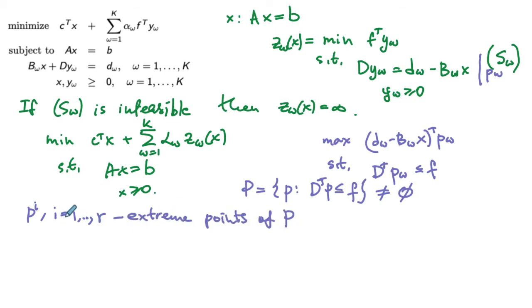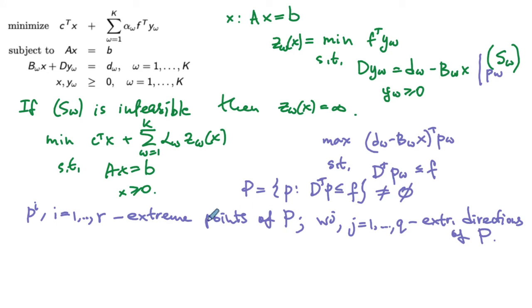So we assume that there are r extreme points, and then we'll also denote by w_j, for j between 1 and q, the extreme directions of P. So we assume that there are q extreme directions. Now, since we assumed that P is non-empty, this problem here will be infeasible if and only if the dual